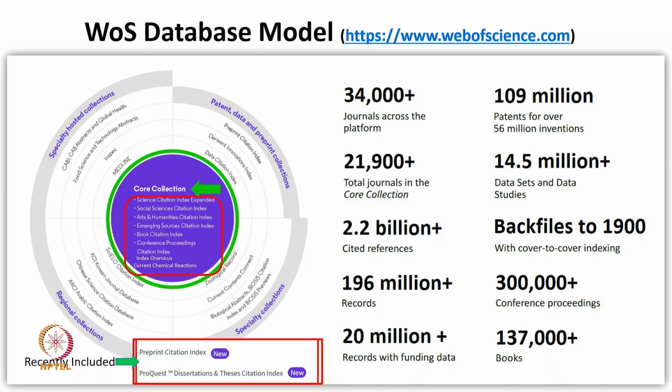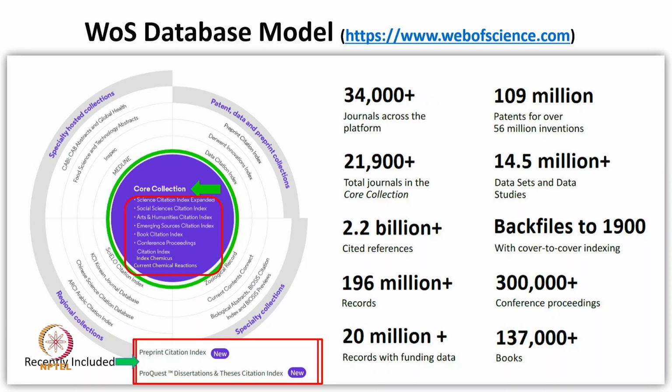So earlier we have learned about Scopus and now we will learn about Web of Science, an abstracting and citation database that helps in data extracting and collection. The Web of Science database can be searched from www.webofscience.com, and its database has Core Collection, Science Citation Index Expanded, Social Science Citation Index, Arts and Humanities Citation Index,